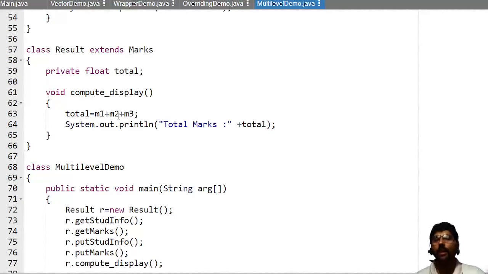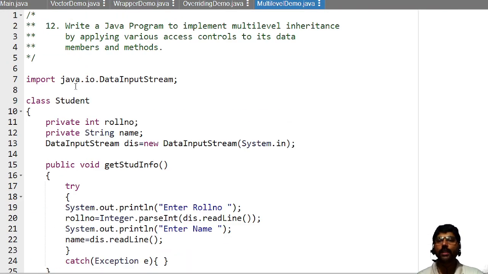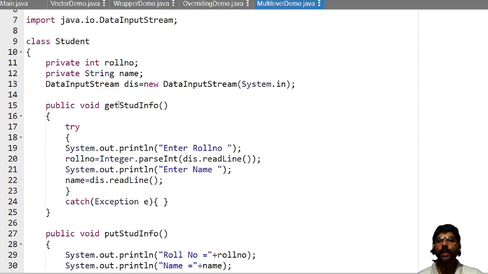Now I have to understand what members are inherited by this result class. This result class cannot inherit the private members of its superclasses. Now, what are the members it can access? The first members are taken from the student, that is get studinfo and put studinfo.